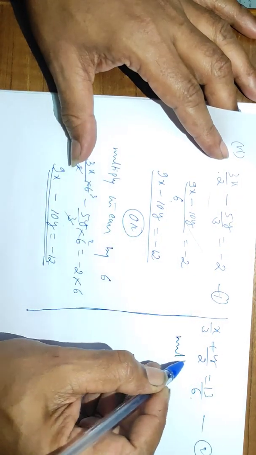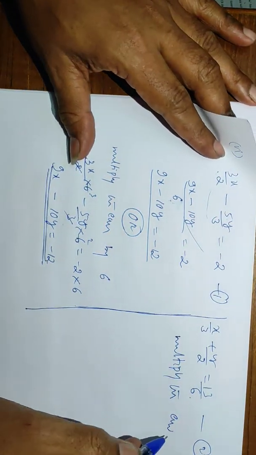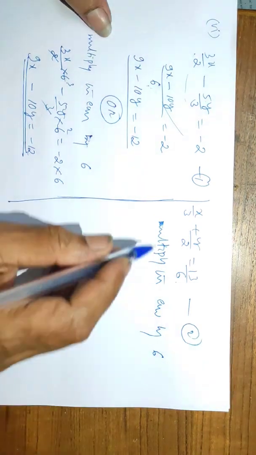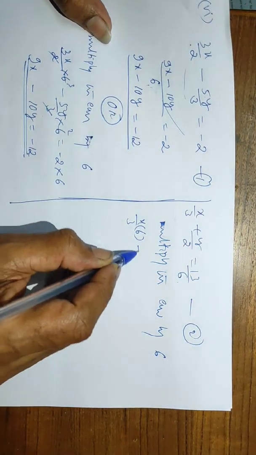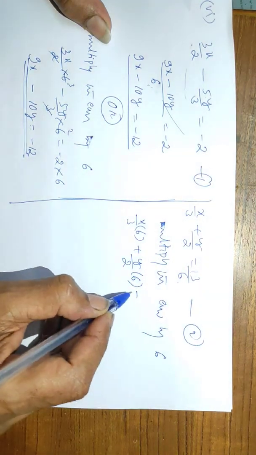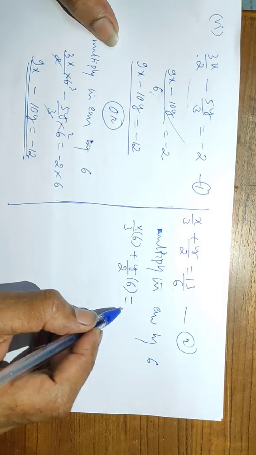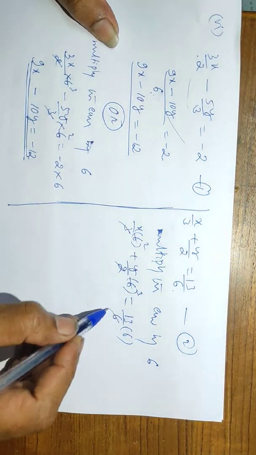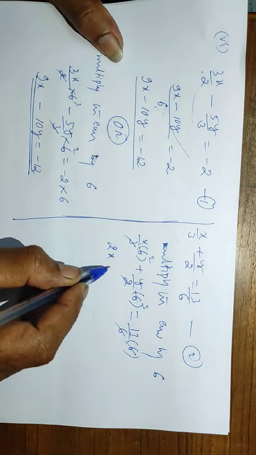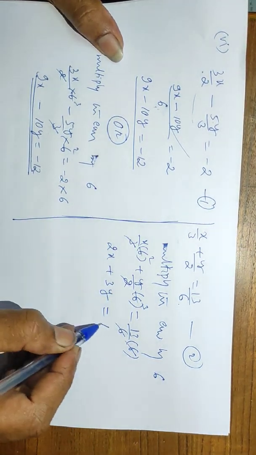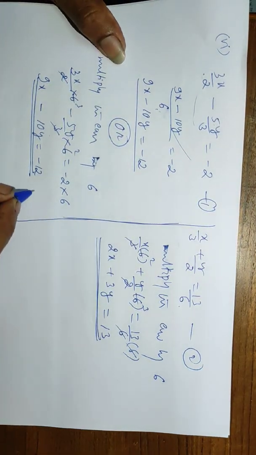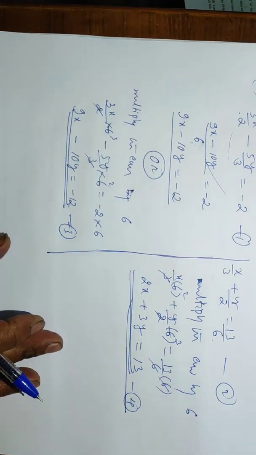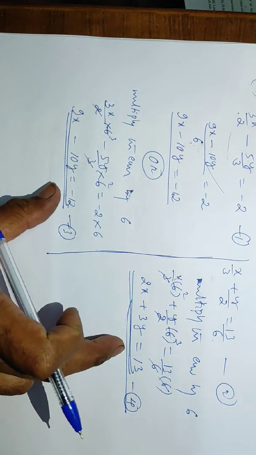So for the other equation, multiply the equation by 6 because the LCM of 2, 3 and 6 is 6. x by 3 into 6 plus y by 2 into 6 is equal to 13 by 6 into 6. 3 1s are 3, 3 2s are 6, 2 1s are 2, 2 3s are 6, 6 1s are 6. So 2x plus 3y is equal to 13. You can call these equation 3 and equation 4. Now it is convenient to solve.